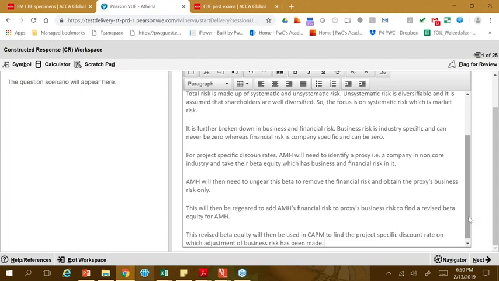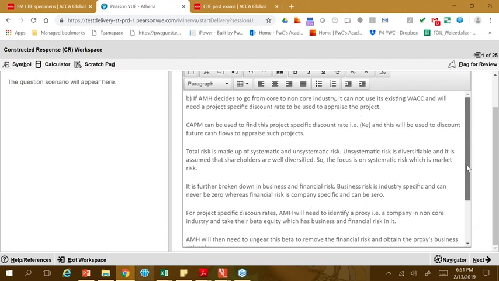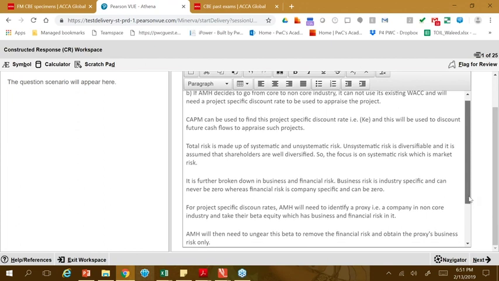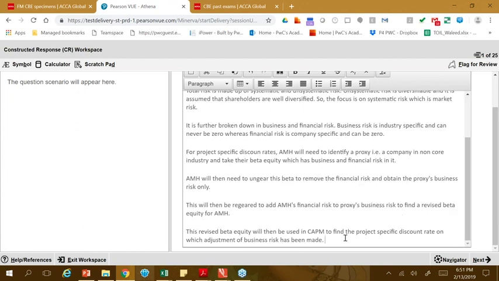The mistake which students make sometimes is they go into examiner's answer, try to learn it, and try to copy things from there. But that answer is written by the examining team for guidance. It has a lot of points in it which we may not need. So if you look at the structure of my answer here, what I've got here is about 8 brief paragraphs. 1, 2, 3, 4, 5, 6, 7, 8. And this will give me 8 marks. And I've just explained things in my own words at a student's level of understanding.